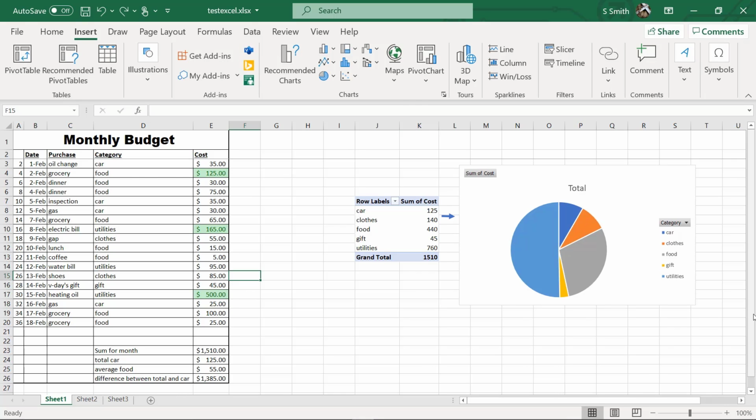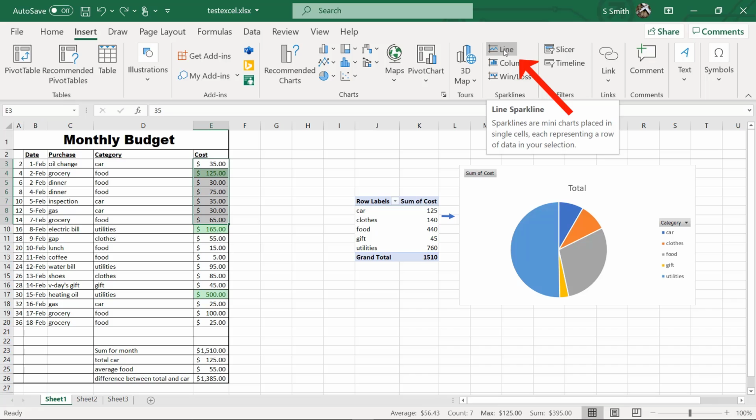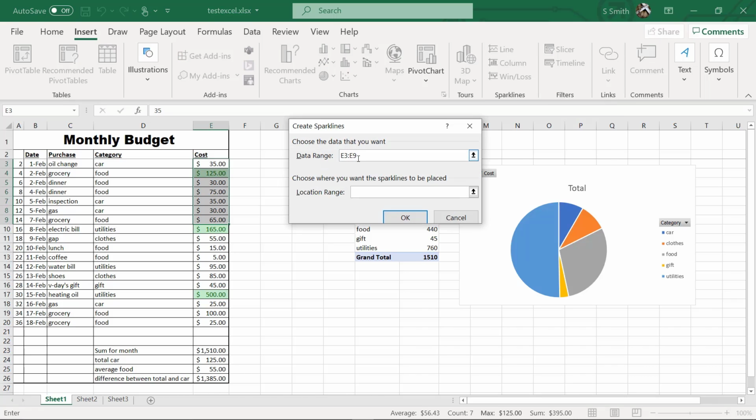Going back to the Insert menu, I can also insert a few other things that I would like to show you. One interesting way to look at data is to look at something called a spark line. A spark line is a quick way to see a trend in data. So for my example here, I would like to highlight all of my data that I have for the first week of February. Then I would like to go up to line, and it will by default put in the data range for the data that I have already selected.